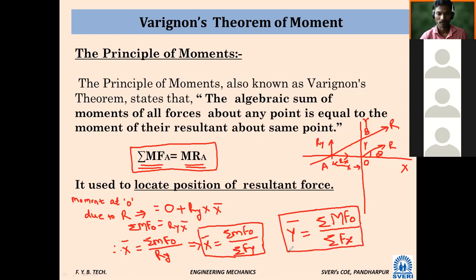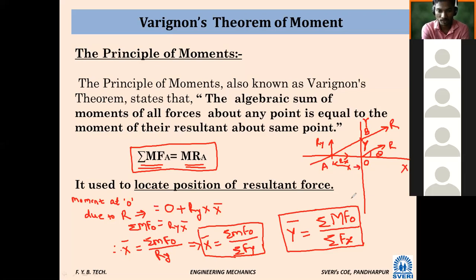So these formulas you have to apply. So here, try to remember the distance. Where my cursor is, this is the Y distance, vertical. The way I resolved these forces at point A, similarly, to find the vertical intercept Y, y dash or y bar, we have to resolve these forces at point B. Apply the same rule, you will get this answer. Y dash is equal to summation of moments due to all forces divided by summation Fx. This is the formula. X bar, y bar.